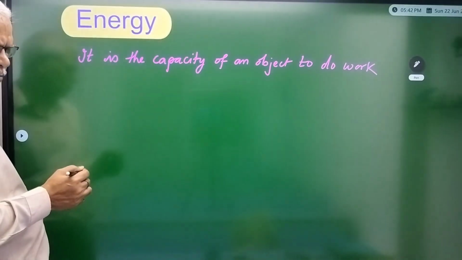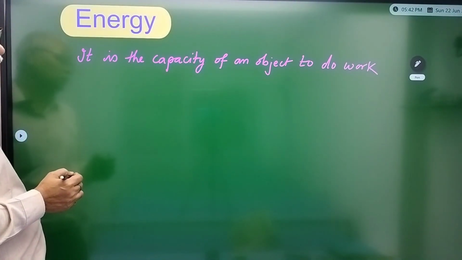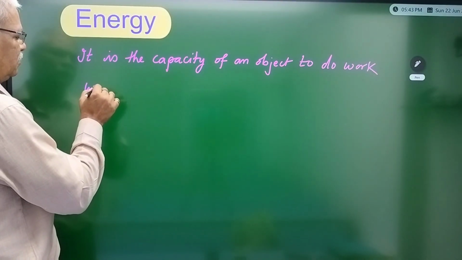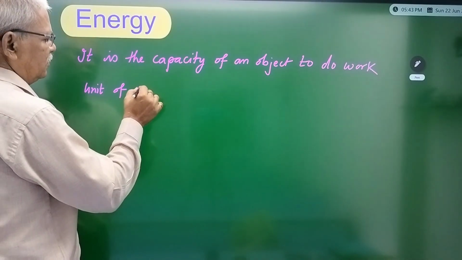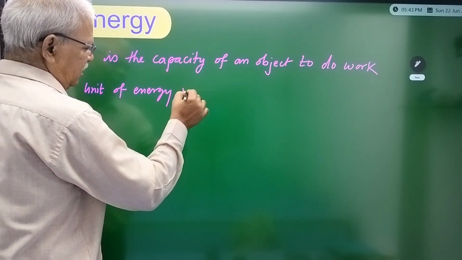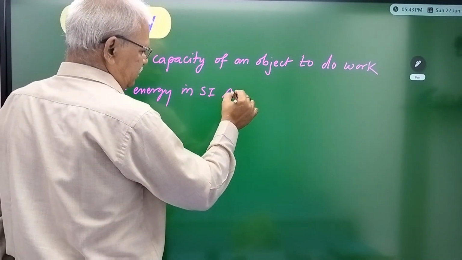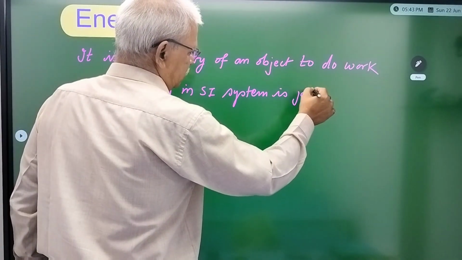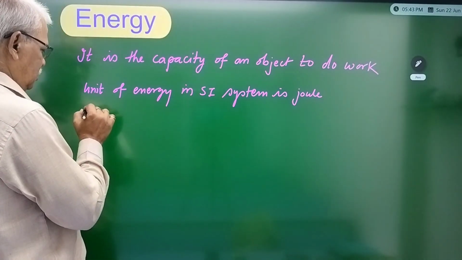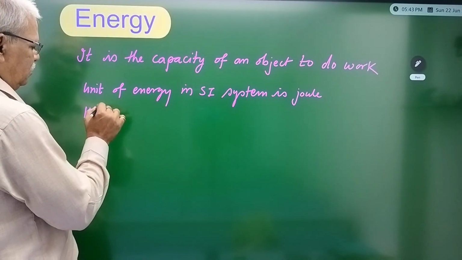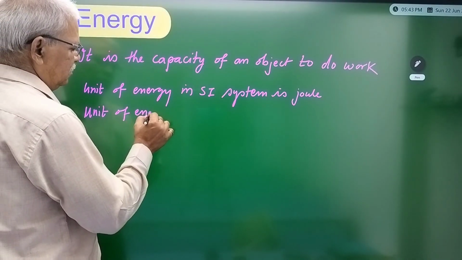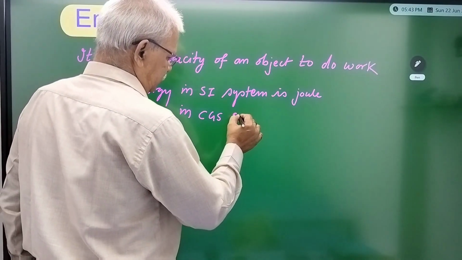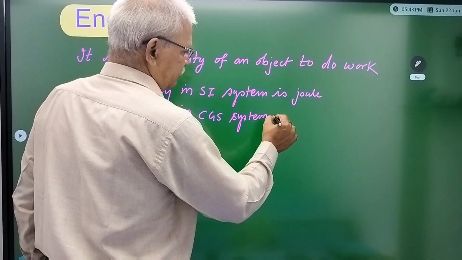As the unit of work is joule, here also the unit of energy in the SI system is joule, and the unit of energy in the previous system is